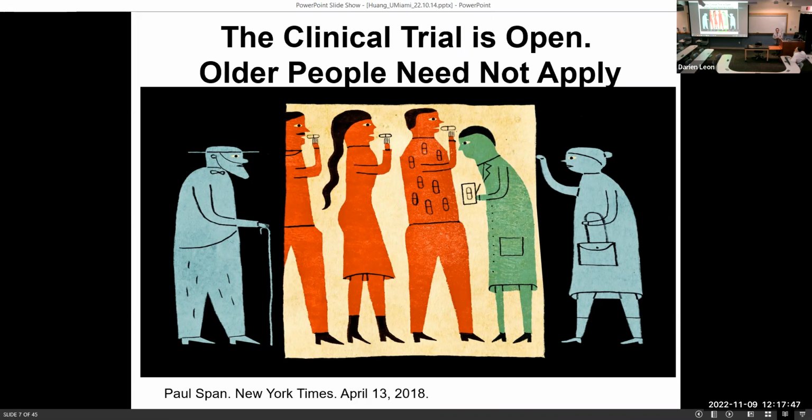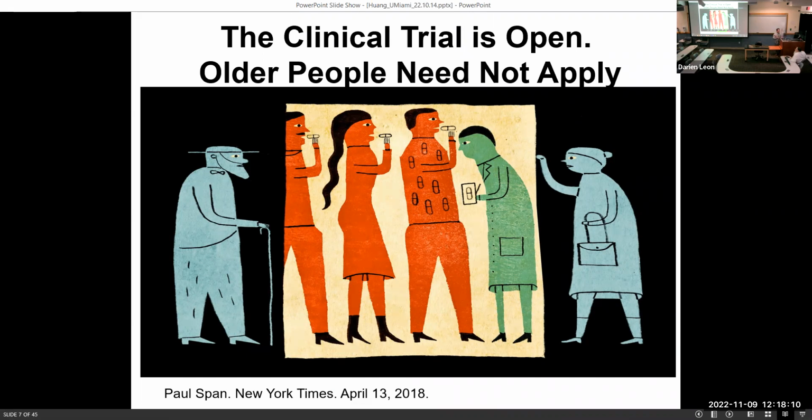We basically do trials in the human version of the disease that is simplest to understand, is not affected by confounding, and is not going to mitigate the signal of what we're trying to find. This graphic from the New York Times shows that older people historically have been left out of randomized controlled trials because they are just too complicated.